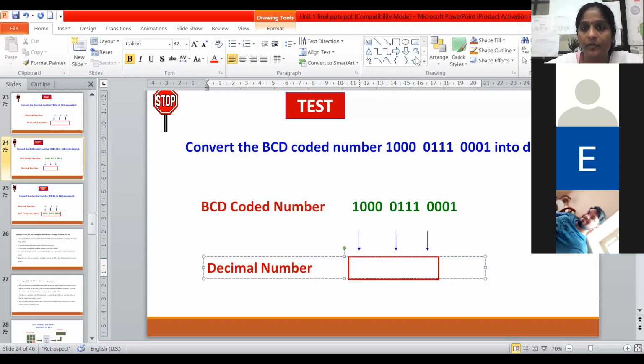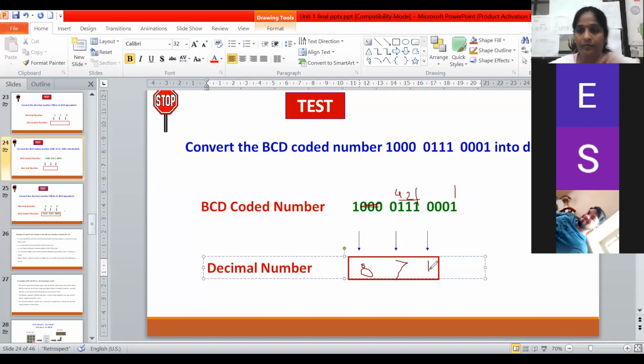First one is, okay, what is this first? 8 is there. Yes, very correct. Because 1, 2, 4, 8 हे काही प्रेझेंट नाहीये त्याच्यामुळे हे घ्यायचं नाहीये, direct 8 is there. The next one, 3 are present. Yes, त्याचं 4 आहे, 4 plus 4 plus 1 is 7. Very correct. And last one is 1 is there. So 1. Yes, very correct, Sakshi. Pranoti, everyone please take part in the question answering session. Okay, then next.